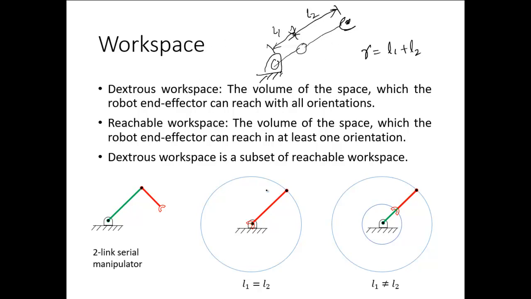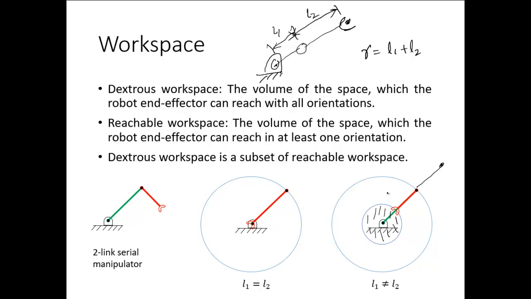So if L1 is equal to L2, then we can see that the end effector can go back to the origin somewhere here and actually can touch the origin, but at maximum it can go to L1 plus L2, which is 2L1 or 2L2. Similarly, the links can be of different lengths, so the end effector can go to L1 plus L2, maybe here in this case up to here somewhere. But if we turn it back to this point, it may not actually touch the origin. So it doesn't really come into this region in any case. That is something with these types of robots.